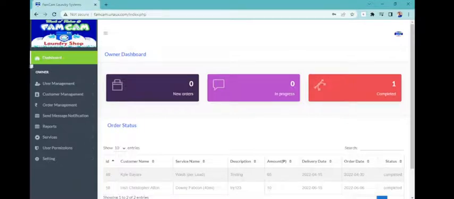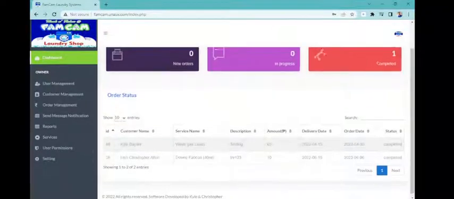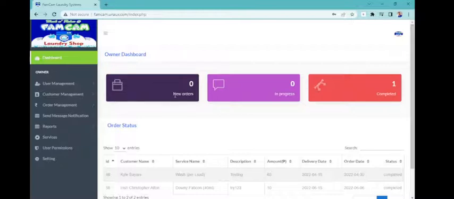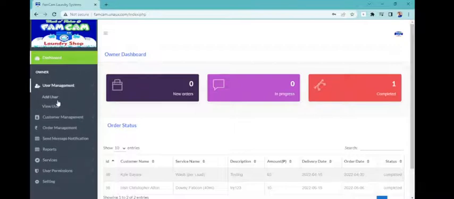So here is our dashboard, our main page. As you can see in here, there are new orders, in progress and completed. We have programmed this completed count for every month, so it will reset again on the next month. And then in here, we can see the user management, the add user,